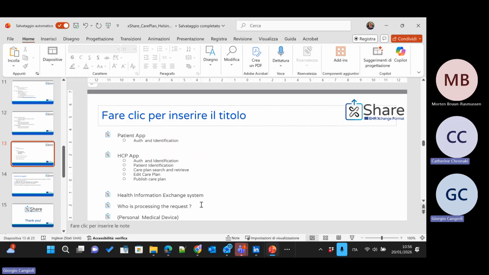There's a date, there's a name, there's an ID. It has a purpose, which is to maintain control of diabetes. It has a coordinating organization, a coordinating professional. There are some goals: manage diabetes, completely quit smoking. There is a doctor, the healthcare professional Georgia told us, and there are some goals, right? Please help me, Morten, because you are the expert here.